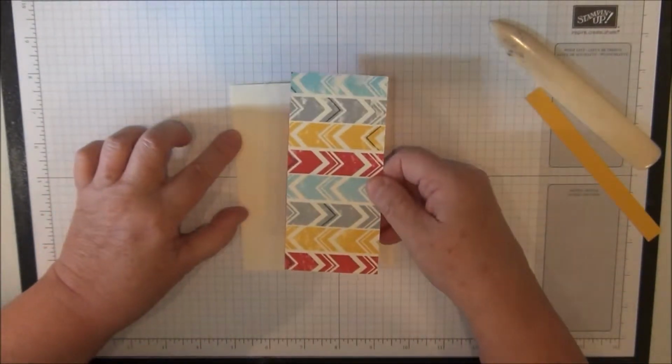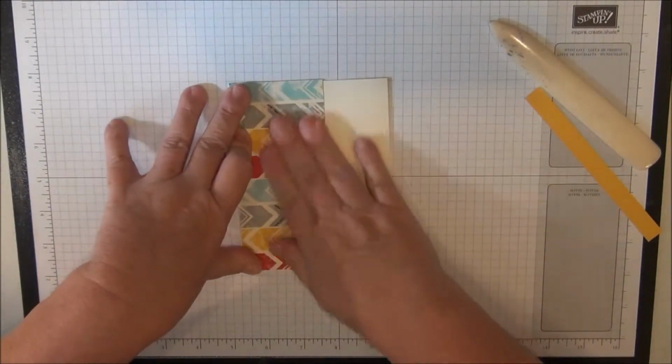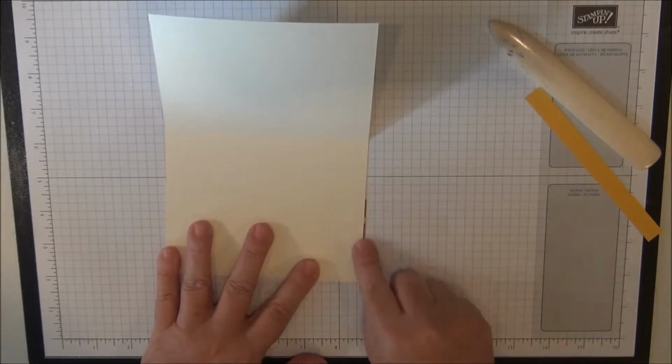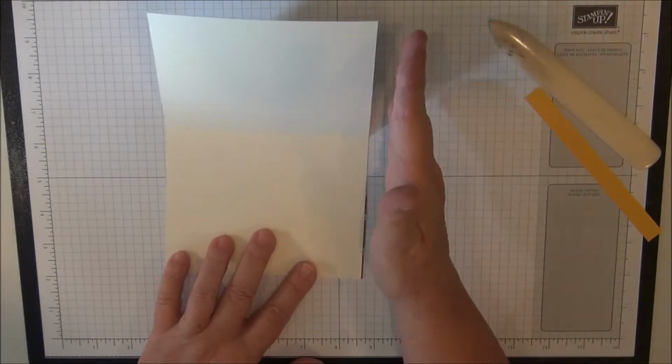Okay, now I'm just going to mount this at the bottom, and you'll see there is a little overhang. I really do prefer to leave a little overhang at the beginning. Then I can just go ahead and take my